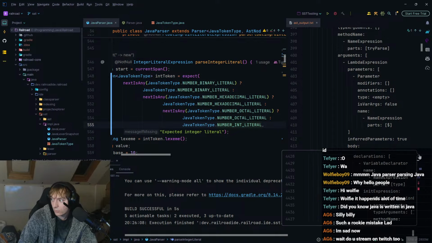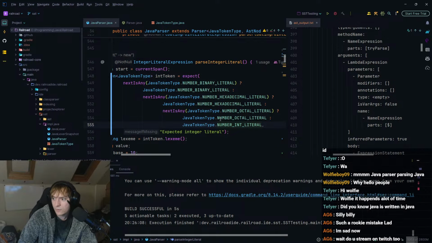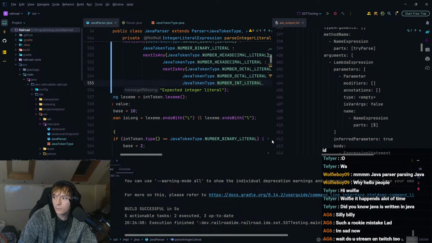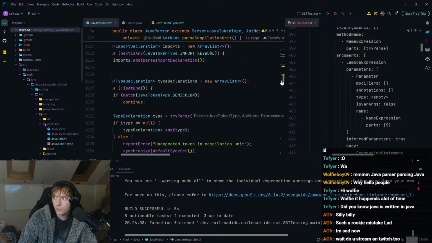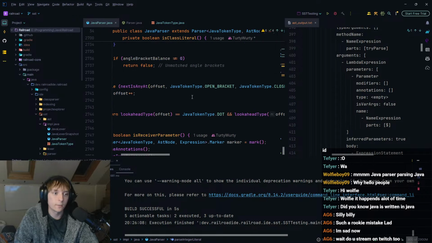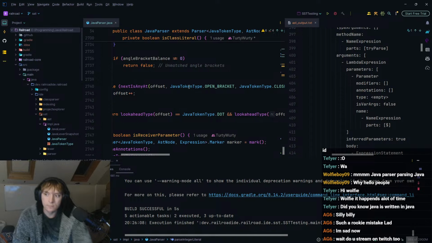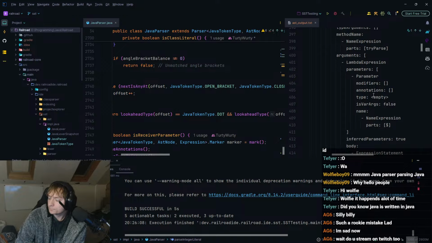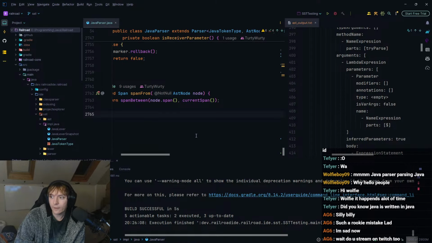It's long, but it's not long enough. 4,000 lines for, let's see how big this file is. 2,765 line file. There's no way that it's only going to be 4,000 lines. So yeah, it should be like, I don't even know, like 20,000 lines probably.